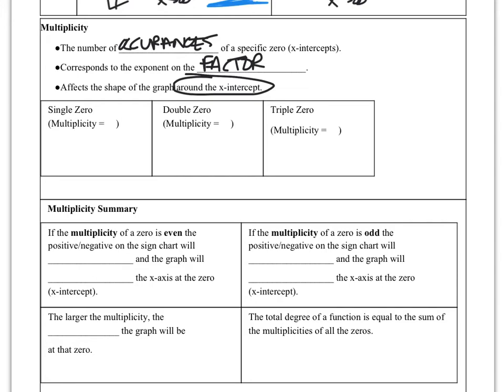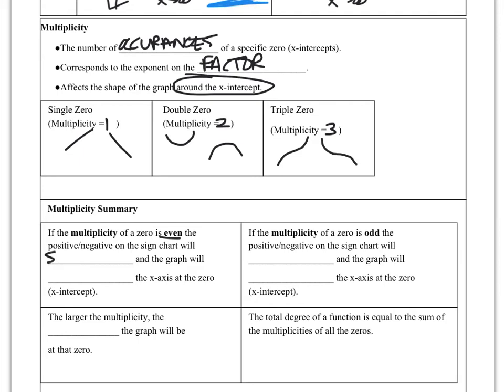So if we have a single zero, that means it's a multiplicity of 1. It's going to just straight up pass through my x-axis at that point. If it's a double zero, so multiplicity of 2, it's going to look like a little parabola. It's going to bounce right at that zero. And if it's triple, that means an exponent of 3, it's going to get flat and cross right at the x-intercept. So if it's even, then that means when we're doing a sign chart, which we'll review in a second,